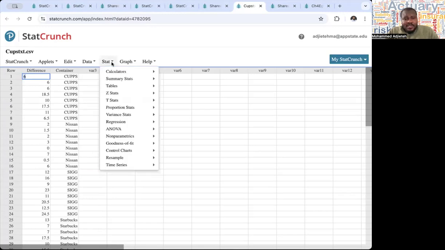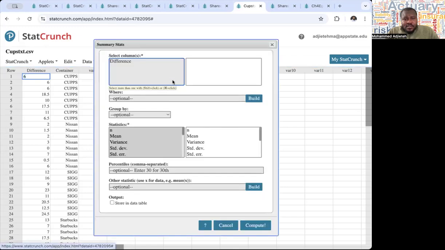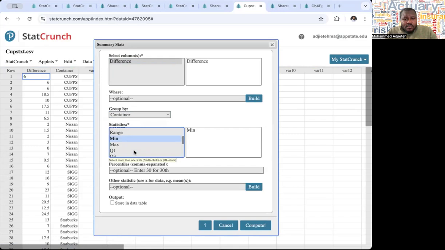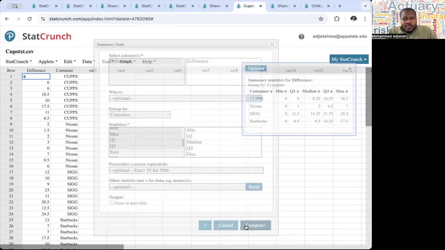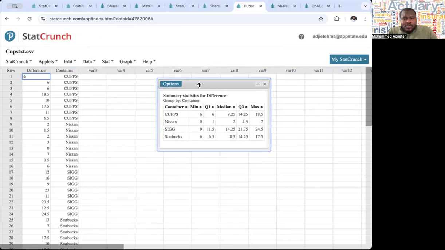So to do that, we go to stats, summary stats, columns. And so we want to produce, which column do we want? Difference, and then we should group them by container, right? And then we want to show the 5-number summary. So minimum, Q1, median, Q3, max, and then we hit compute. So we see,